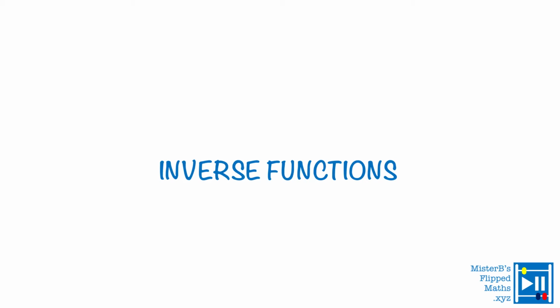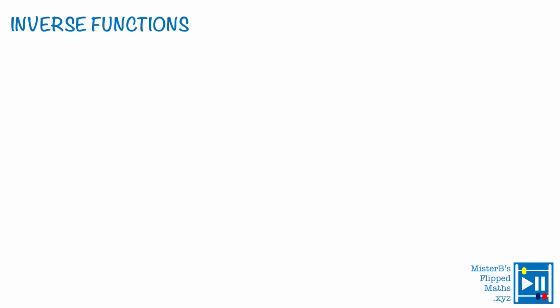Hi, in this video we are going to work on inverse functions. First, let's talk about the characteristics of inverse functions. Now let's look at this function. This is f of x equals x squared minus 3, x being all the real numbers but the positive ones